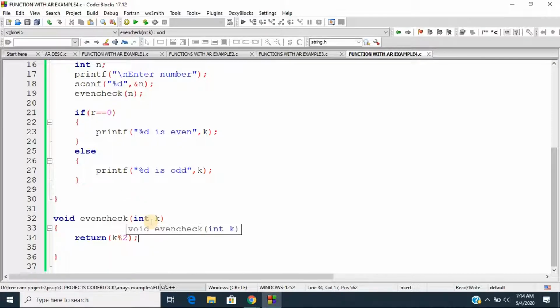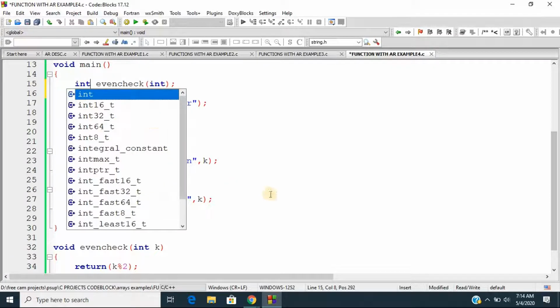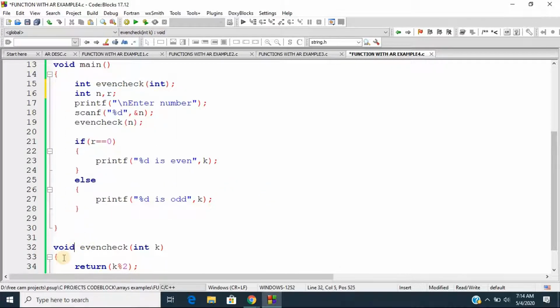So what this k mod 2 will do: the value of k will be obtained from the main function, and now this value is modulo divided by 2. The resultant value will now be passed back to the main function. Now let me use one more variable to store the value, say r. We need to change the return type as integer, and then here also in the function definition we need to change